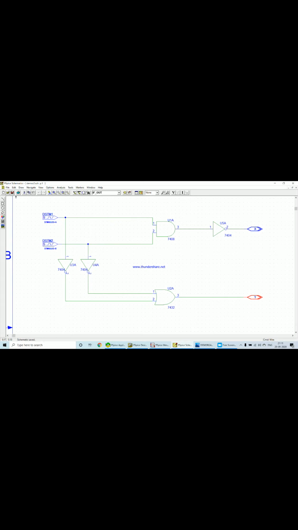Now my next job is to place the voltage markers. As we did earlier, last first. First I will place it on Y, then on X, then on B, and then on A. Okay, I've done that. Again click on save. We can see a star symbol there, which means it's not saved. So we click on save and that star will go. I have saved it. Now let us simulate it. I should get the same waveform for Y that I get for X.